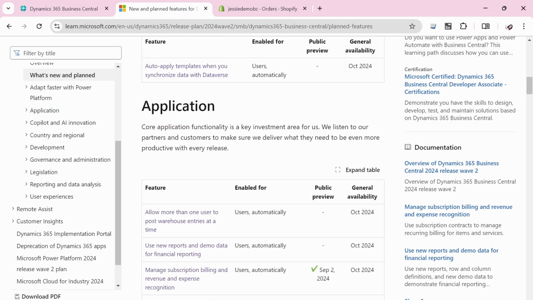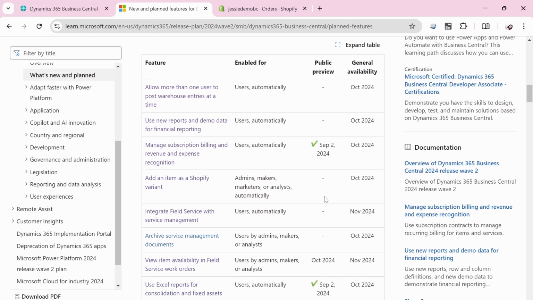I will not go through each feature. I will just pick the ones I feel are the interesting ones. Another thing which is good is they have